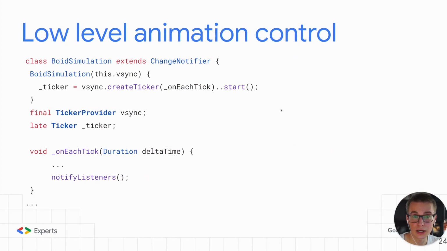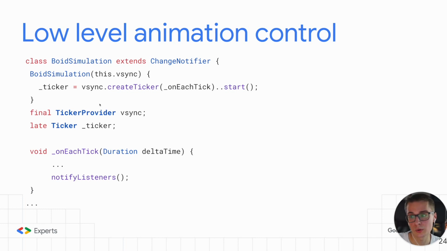And sometimes you have to go on a lower level with your animations. So you may not use just the animation controller, but maybe something more powerful or more customizable. And what I usually do in such cases is that I use ChangeNotifier. So ChangeNotifier will just allow you to call a function called notifyListeners. So if you have any listeners for that, for instance, AnimatedBuilder, you can trigger a new rebuild of this widget. And an important part is that you want to synchronize this with the Flutter